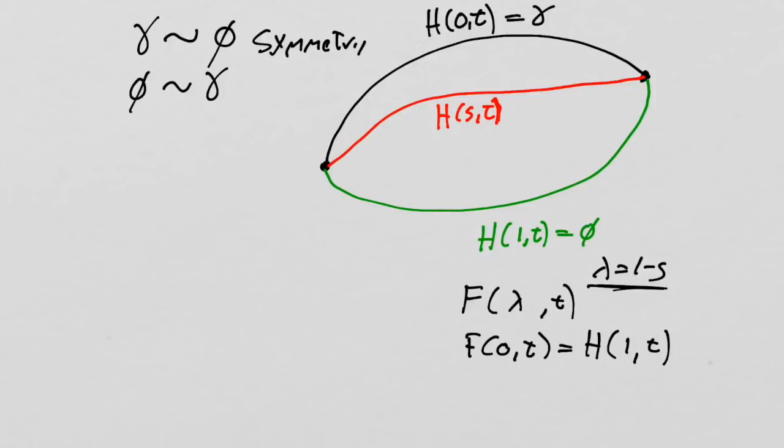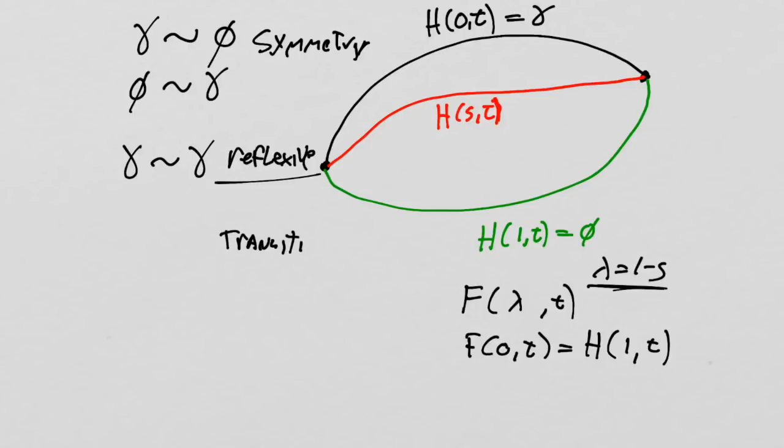Reflexivity is showing that gamma is homotopic with gamma, right? Well, that's easy to show. I can create a homotopy between gamma and gamma, and it's just the constant function, the function where nothing changes, right? So this is reflexivity. Once I show symmetry and reflexivity, you know that the next one to show is transitivity,